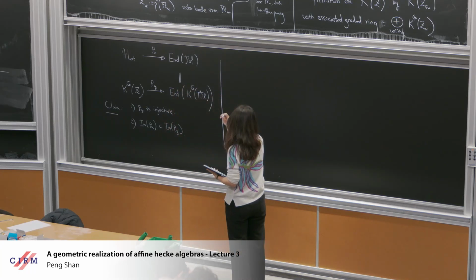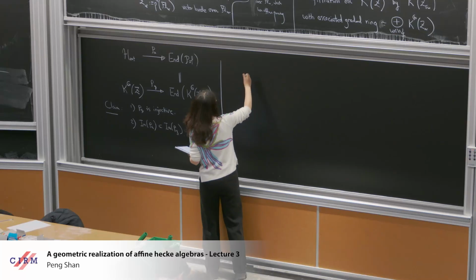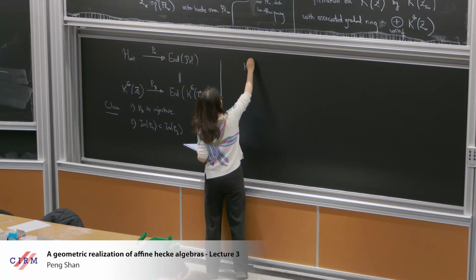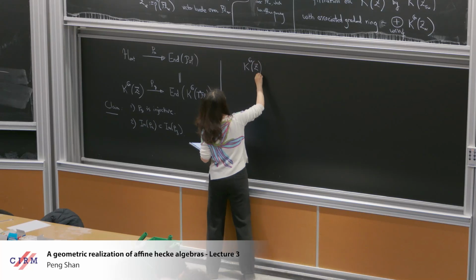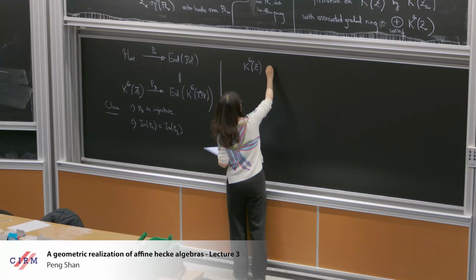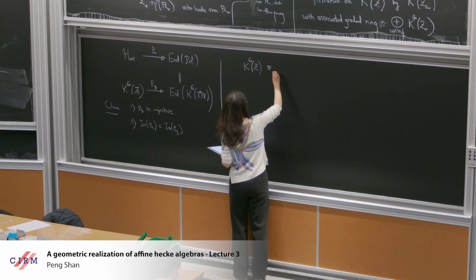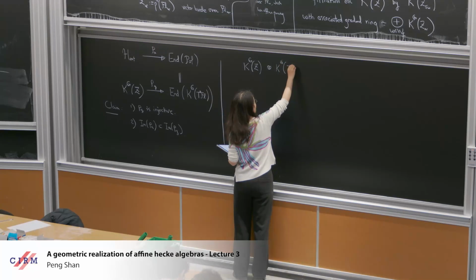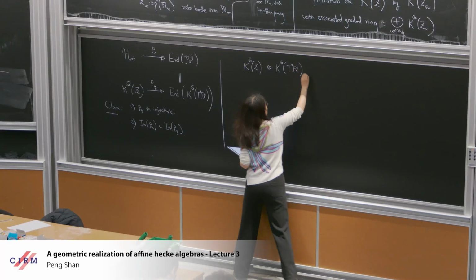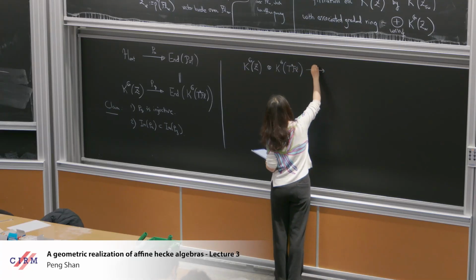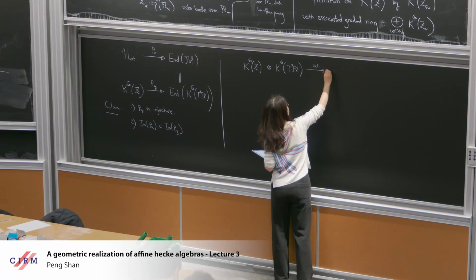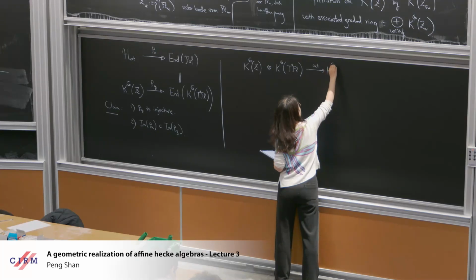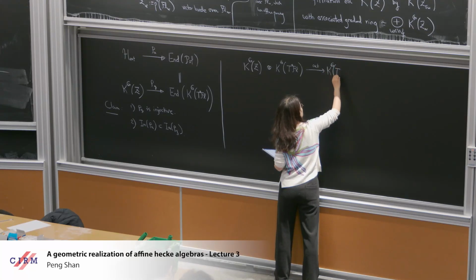So rho G comes from a map which you take K_G of Z, so it's an action of this tensor over C, K_G of T star of flag. And so here is the action map to K_G of T star